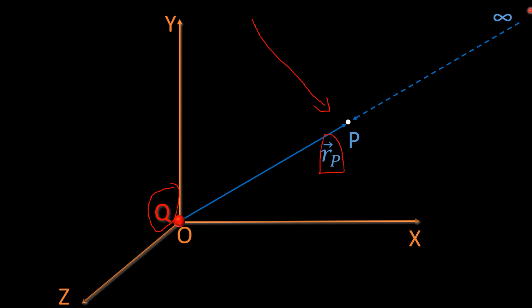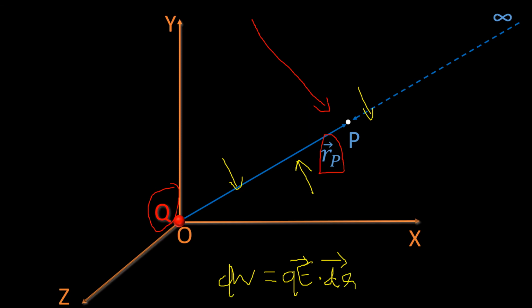Now as we come to point P, we know that the electric field of Q will be different at different points. The electric field of Q at this point, or at this point, or at this point will not be the same. So if I consider the work done to be F dot dr, or force if we write it as qE, then qE dot dr, if we consider E is not constant, what will we have to do? We will have to take dW. What is dW? Work done corresponding to a small